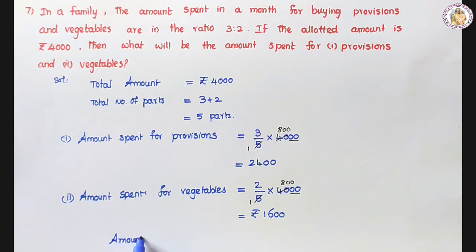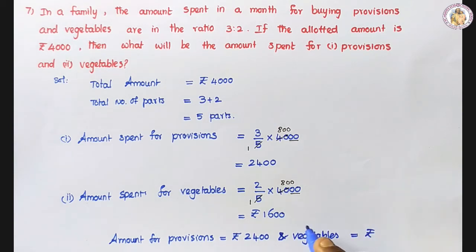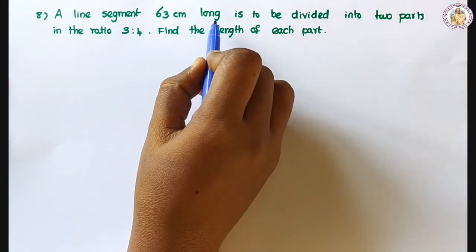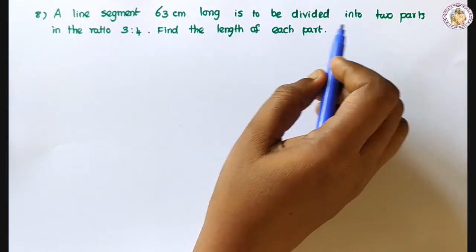So amount for provision is 2400 and vegetables rupees 1600, totally 4000 rupees. Eighth one, a line segment 63 centimeter long is to be divided into two parts in the